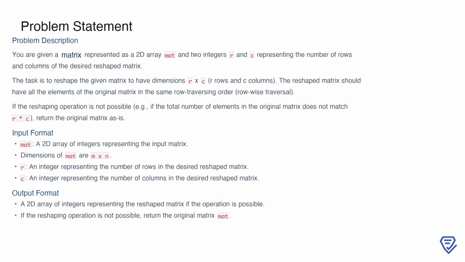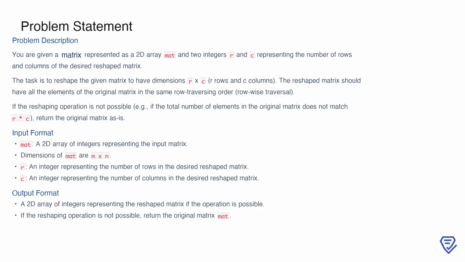In this problem, we are tasked with reshaping a given matrix into a new matrix with specified dimensions. The input matrix, represented as a 2D array called mat, will need to be transformed such that it has R rows and C columns. The reshaped matrix must maintain the same row-wise traversal order of elements as the original matrix, meaning the elements are read row by row from left to right and then placed into the new matrix in